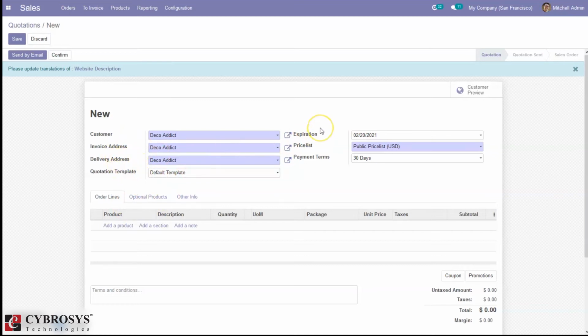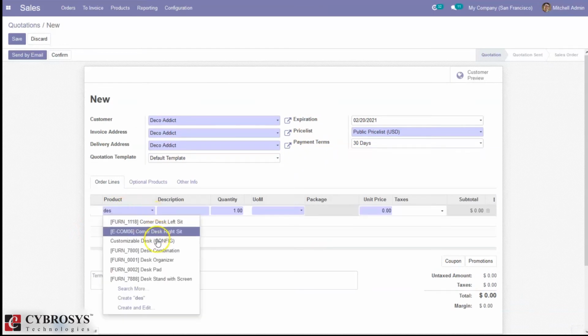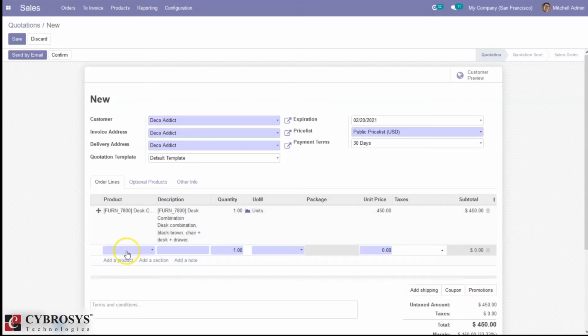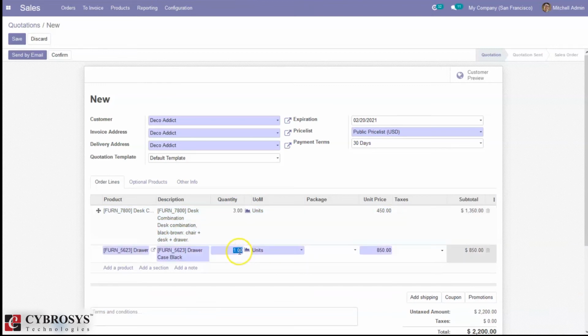Then we can set the quotation template, expiration date of this quotation, price list, payment terms, and then here we can add the product. I need this combination 3 and lowercase black, 2 quantity, and then let me confirm the quotation.